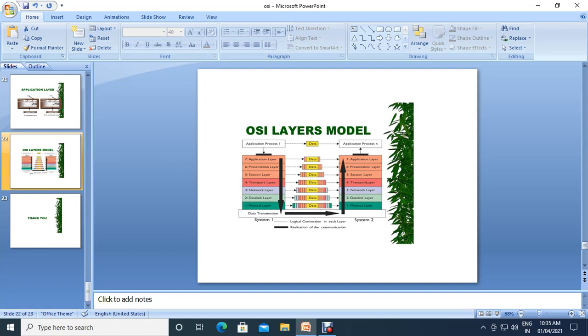Here the data transmission is done using the physical cables. In the receiver machine, system 2, it is transferred from the first layer to the seventh layer. In the application process, the user will access the information in the application layer format. Okay. Like that, we are transmitting the data using the OSI reference model layers.